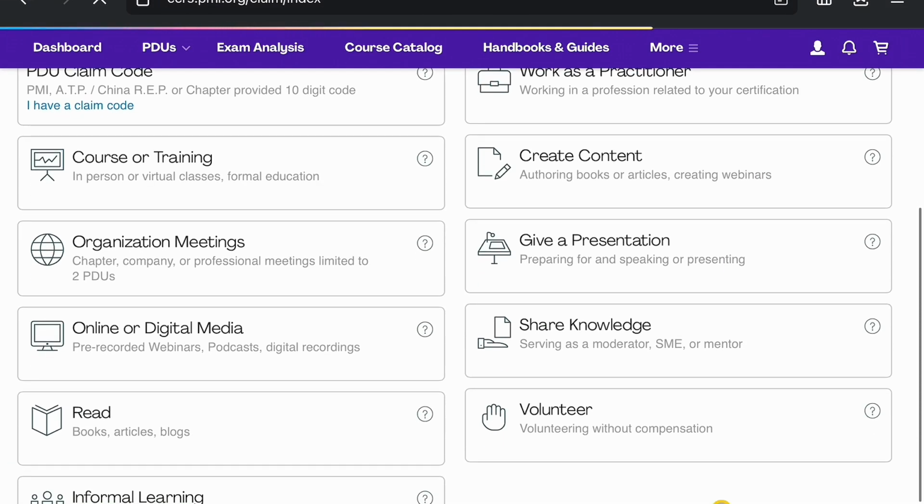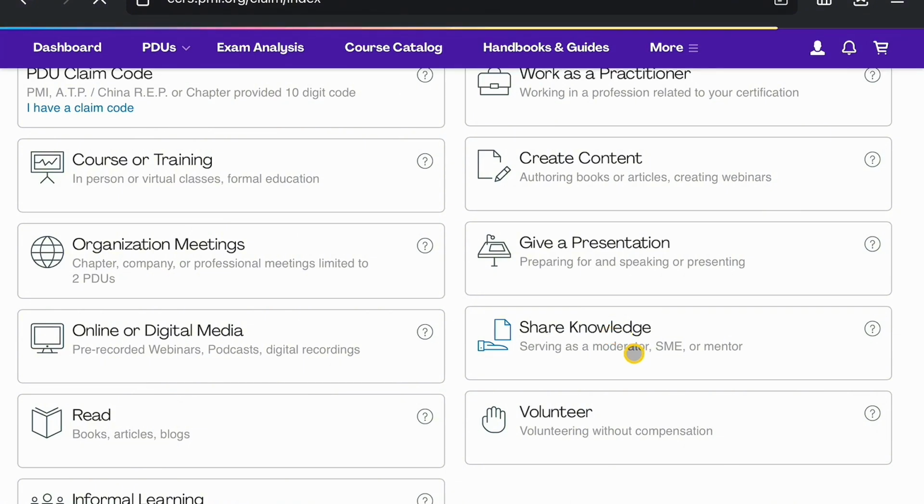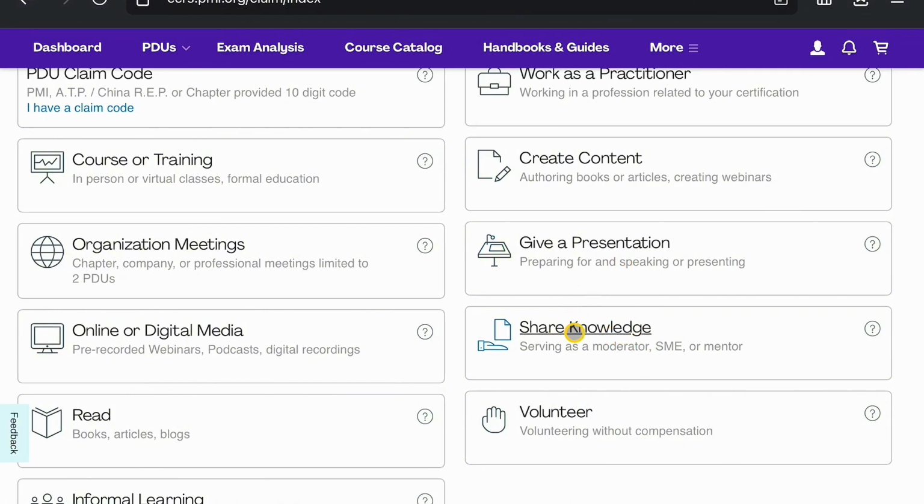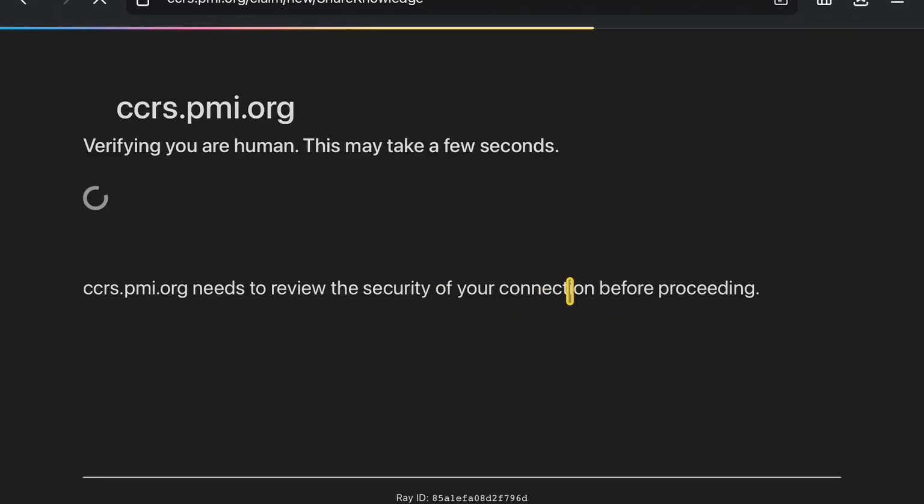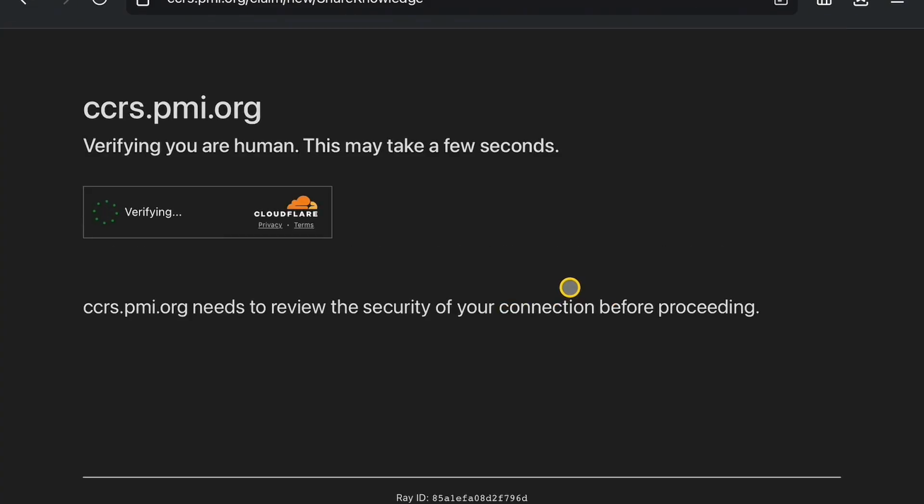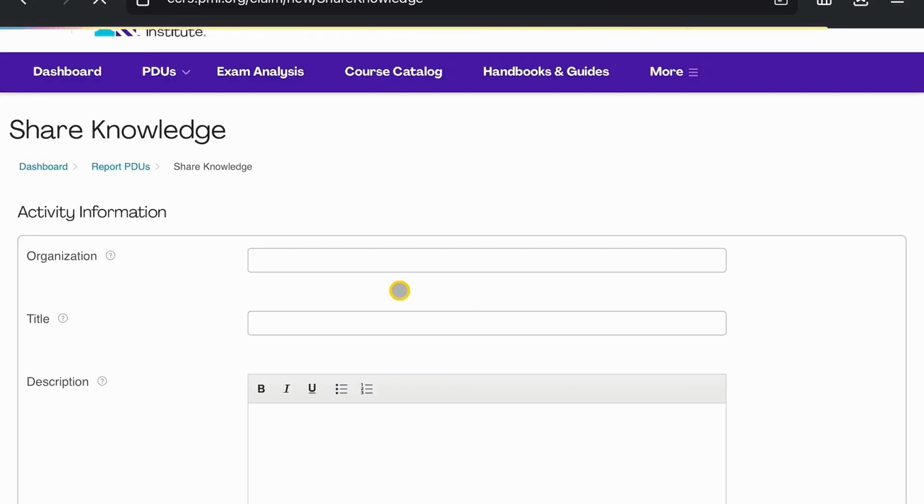After that, the next one is share knowledge. Share knowledge is sometimes similar to giving a presentation, because when you're giving a presentation, you're also sharing knowledge. But this has more to do with individual sharing of knowledge, like mentorship, like gathering people in your office and talking to them about project management, or guiding and mentoring a young person who is trying to move into project management. So what you're going to do there is click open, and when the link opens,